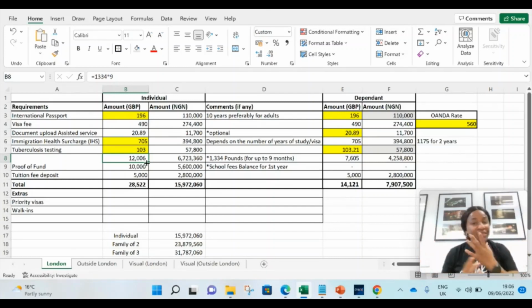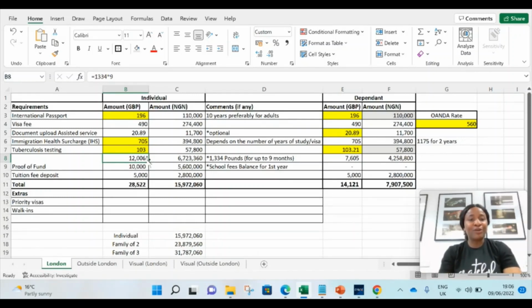Even if you don't get a job or anything, you are comfortable enough to stay in the UK and you're not homeless, because it will cover both your feeding and your accommodation. Accommodation in London is higher, feeding and all. So that's why when you chill with the big boys, you pay like the big boys. Okay, so for London, it is